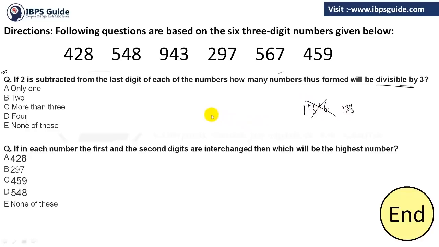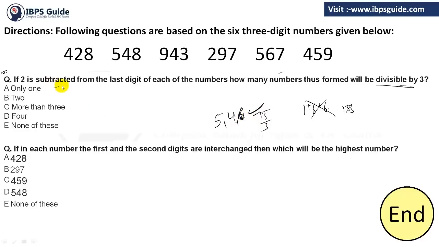Now see, if we have 5, 4, 4. Sorry, 6. Then whether it is divisible by 3 or not, you have to just add them. 6, 4, 10 and 5, 15. Is 15 divisible by 3 or not? Yes. Then the whole number will be divisible. So first of all, you have to know this thing.